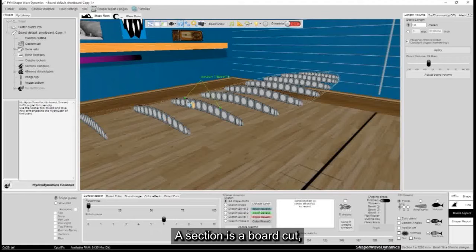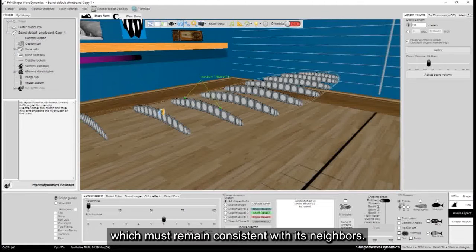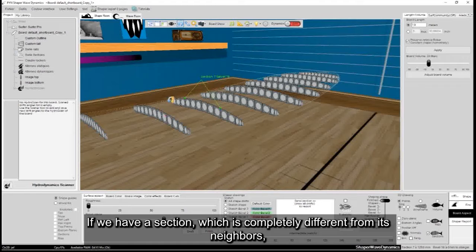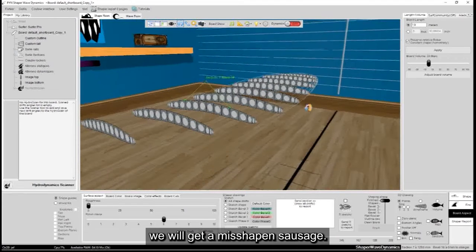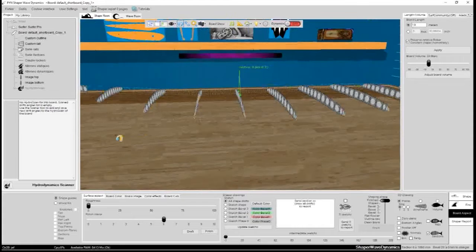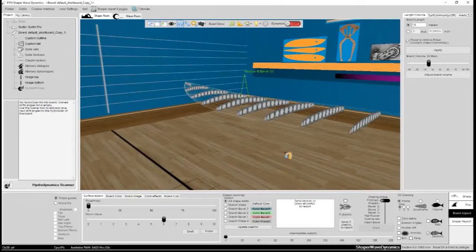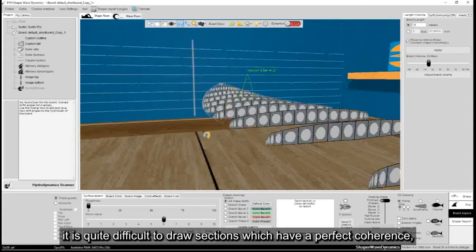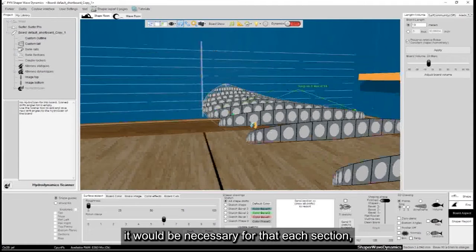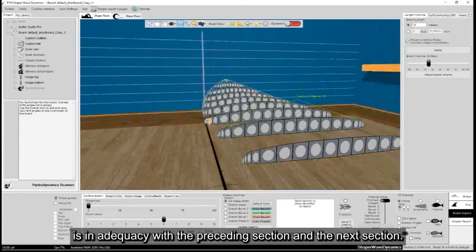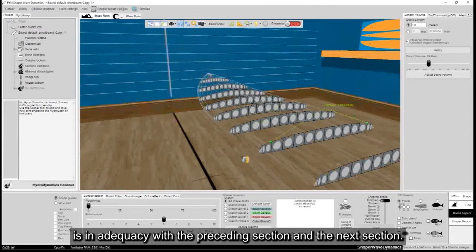A section is a board cut, which must remain consistent with its neighbors. If we have a section which is completely different from its neighbors, we will get a misshapen sausage. It is quite difficult to draw sections which have a perfect coherence. It would be necessary that each section is in adequacy with the preceding section and the next section.